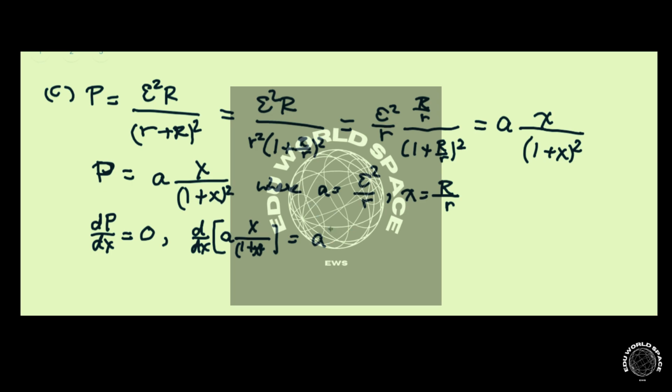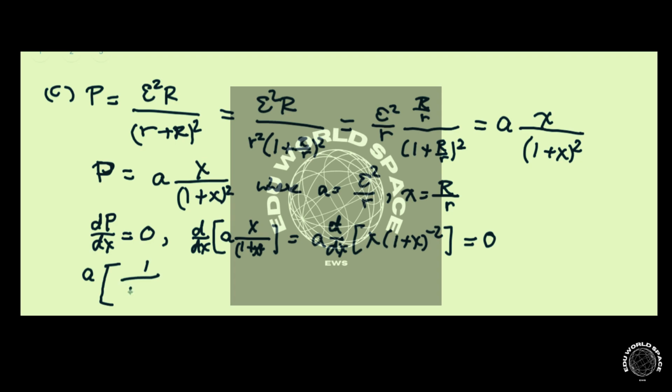And basically, we're taking the derivative of x times (1 plus x) to the minus 2. And if you carry that out, then of course, that was equal to 0. So this is like the prescription for finding the extremum, so maximum or minimum. So if you carry that out, then you have A, right, times,